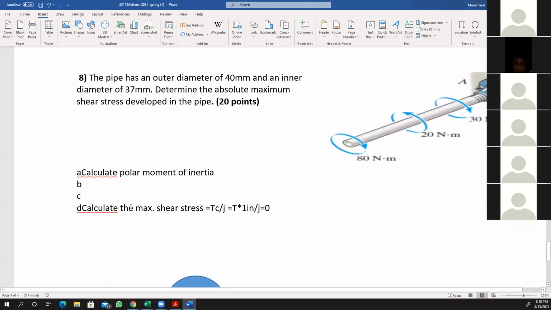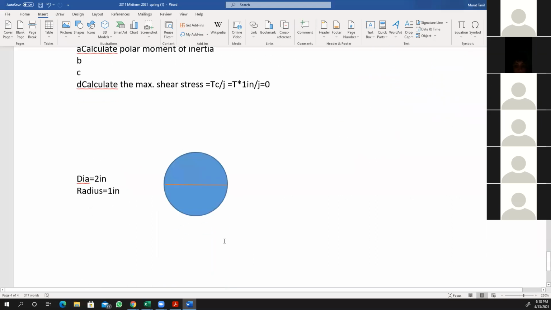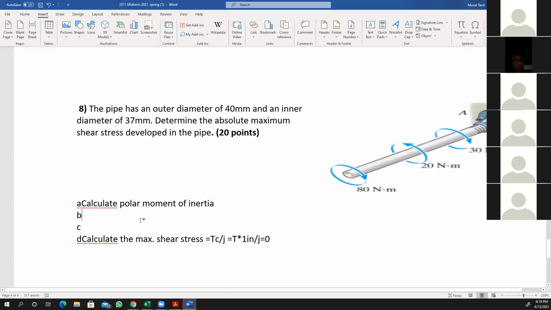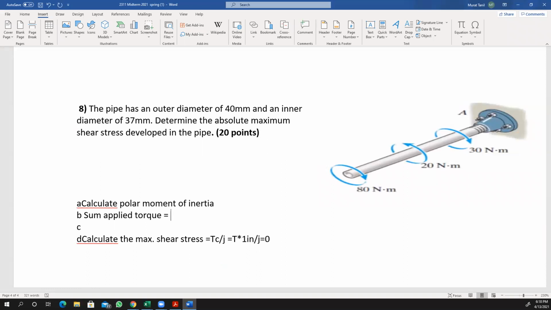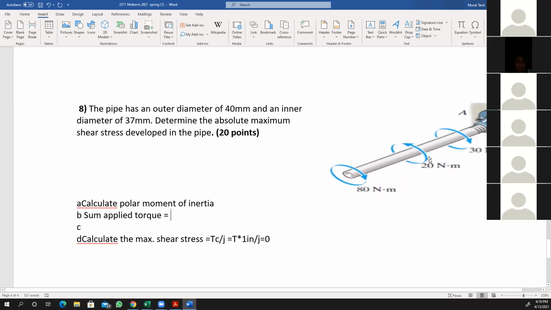So over here at stage B, after giving this background, first you need to sum the torque, the applied torque. You have 80 Newton meters, 20 Newton meters, and 30 Newton meters. One is going clockwise, the other counterclockwise, and then the other clockwise. You will assume one direction is negative. If the counterclockwise is negative and the clockwise is positive, let's say I'm assuming